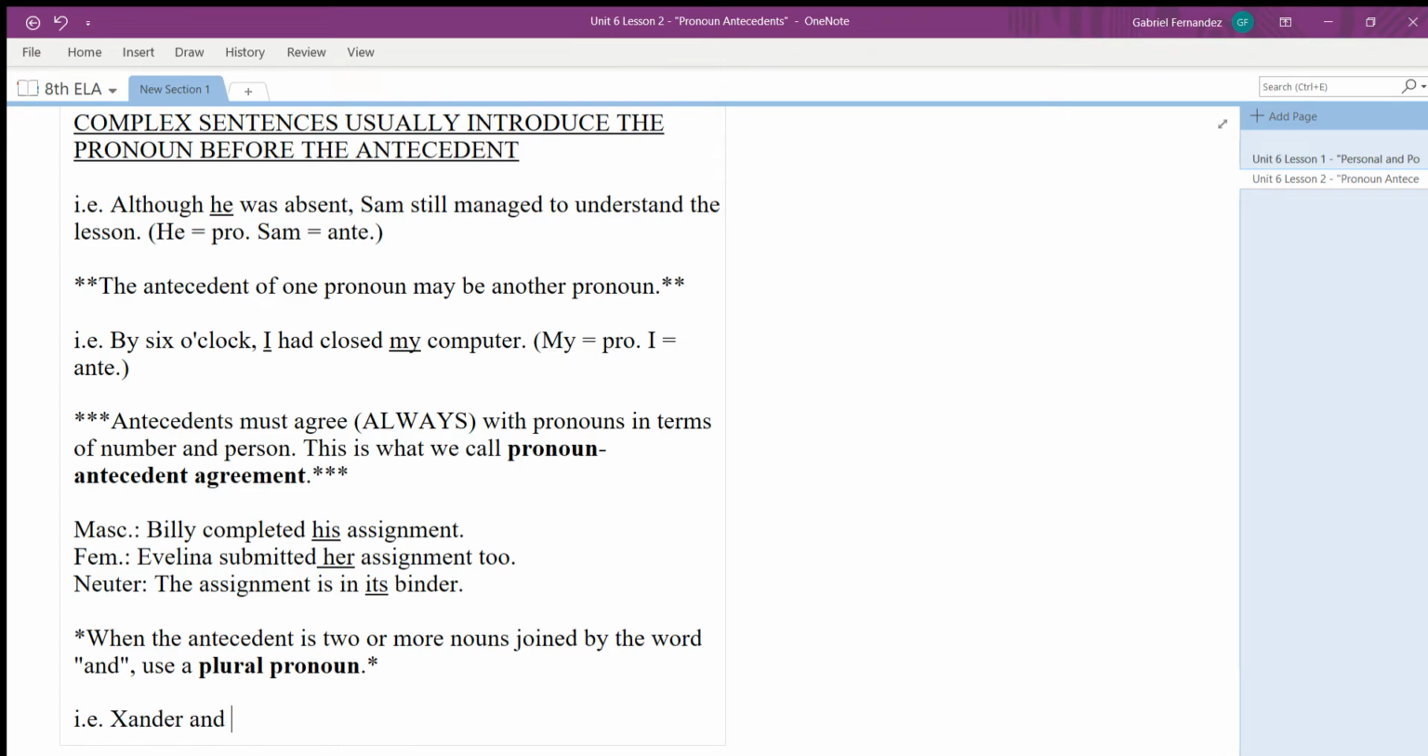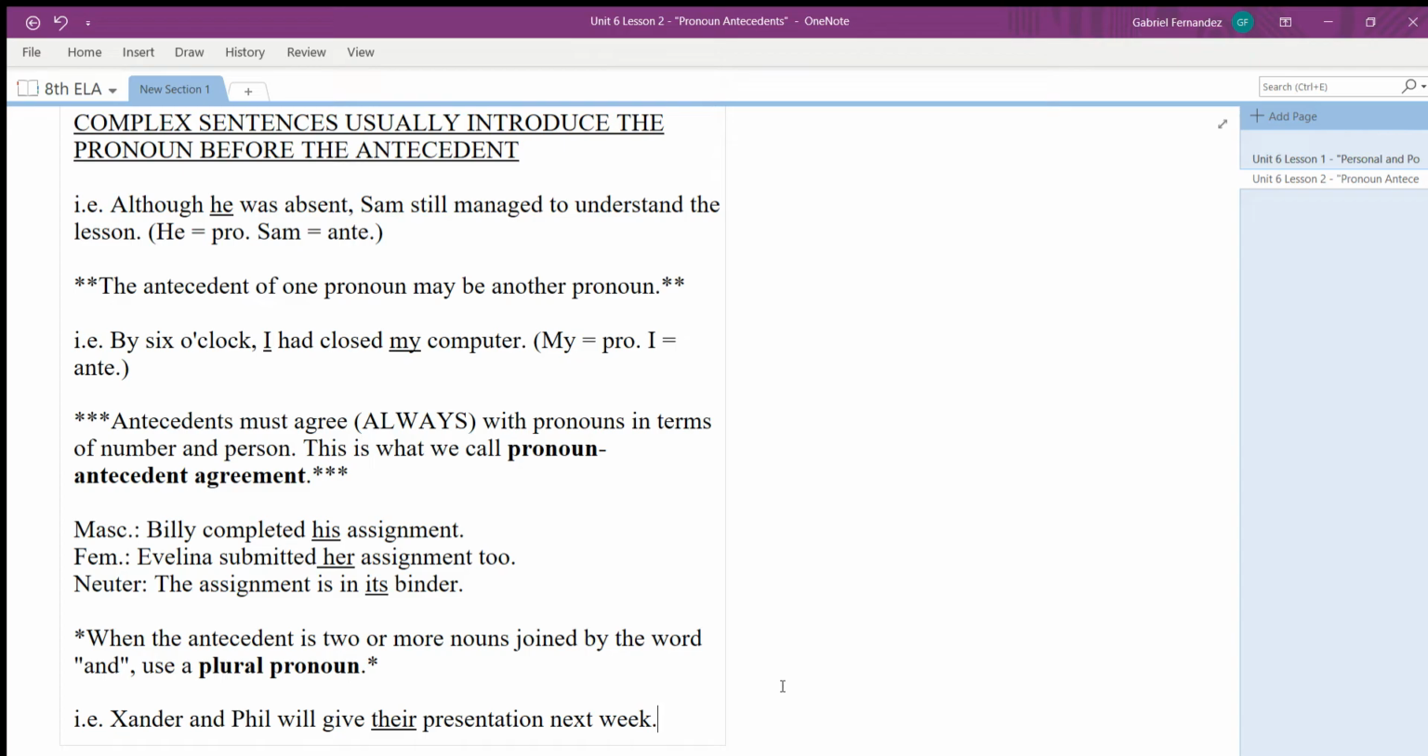Xander and Phil will give their presentation next week. Their is a pronoun that agrees with the fact that we have two nouns being replaced, Xander and Phil. Their is gender neutral. Let's say Xander happened to be a girl's name and we have girl and boy. We still can use their because their does not indicate the answer as to whether we're talking about a boy and a girl, if we're talking about two boys, if we're talking about two girls. Okay,